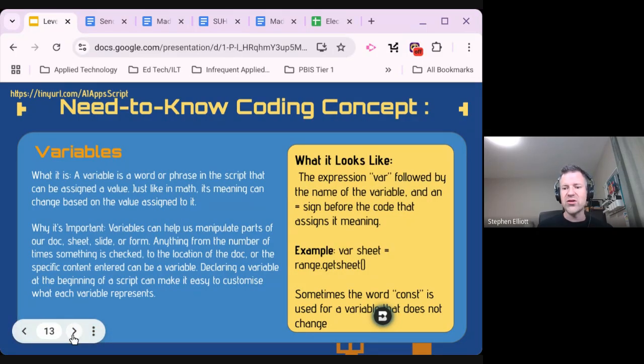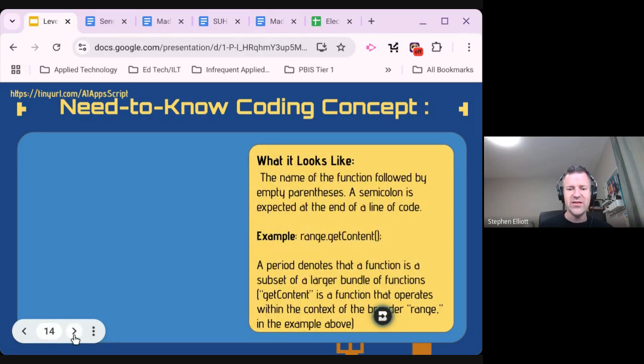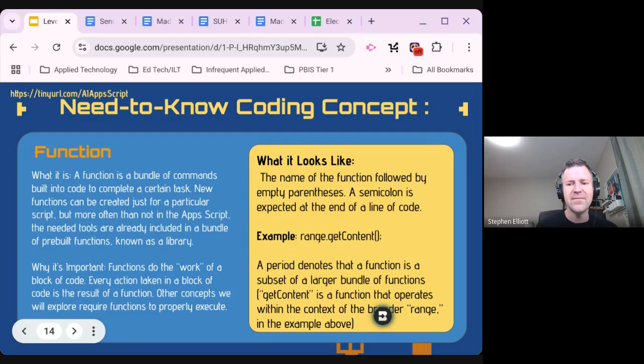Also, sometimes the word const, as in C-O-N-S-T, is also another word for variable that shows up, and it's for a variable that does not change its value. So you'll see that later, actually. I want to just make sure that you're aware that it's a similar thing. Okay, and